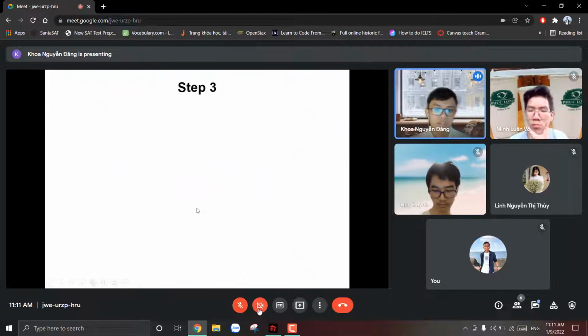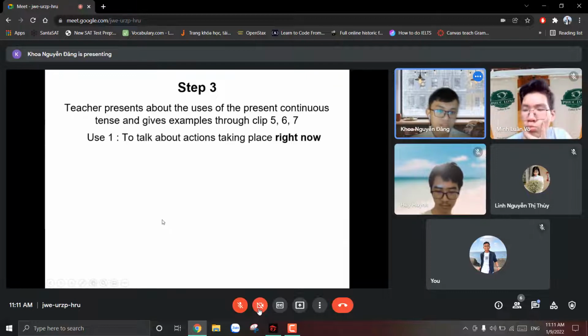In step number 3, the teacher will present the uses of the present continuous tense and give examples through clips 5, 6, and 7. So the first use of the present continuous tense is to talk about an action taking place right now. For example,